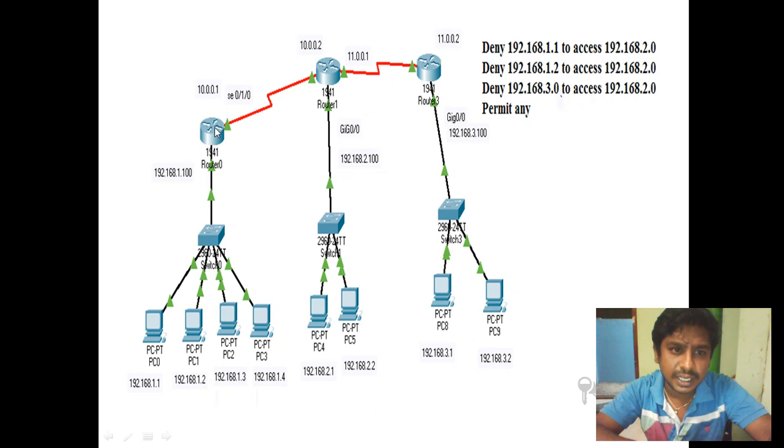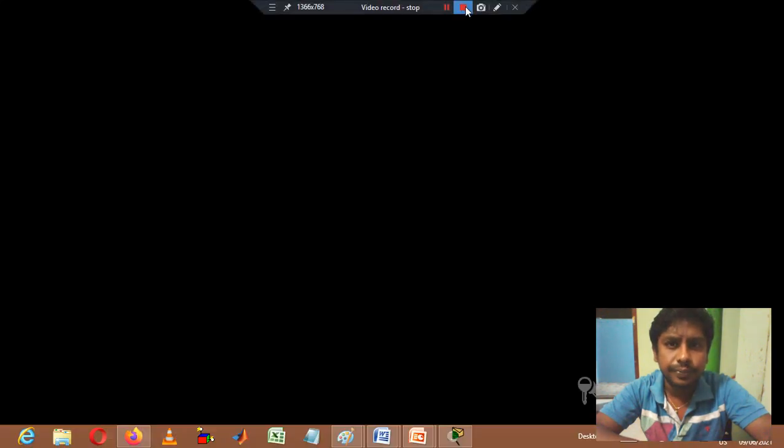If I do it here, it will not work out. If I stop it here, it will not flow into the 2 dot network. Similarly, the traffic flowing from the 3 dot network should not flow into the 2 dot network. So I can do my ACL statements on this one. I need to select the implementation on this port, because this is the port closest to my destination. What is the destination? The 2 dot network is my destination. So this is how we will be able to do all the statements. We'll see the implementation in the next video.